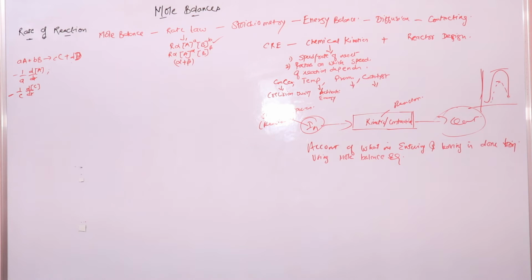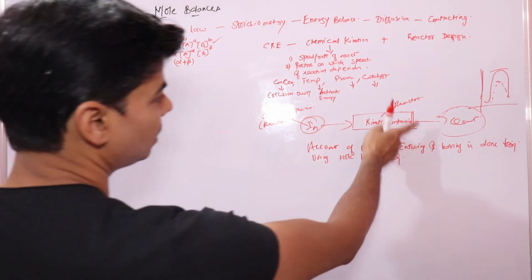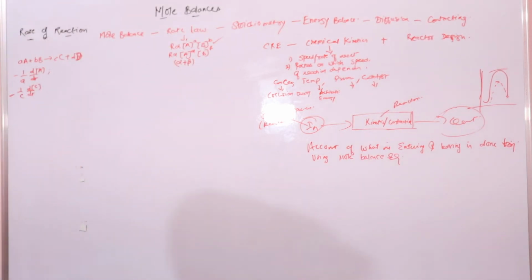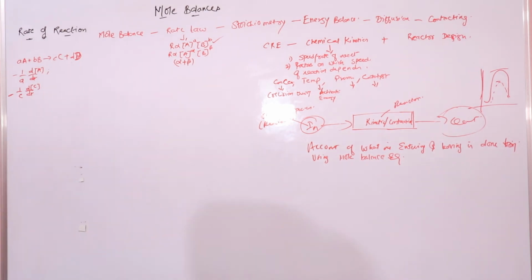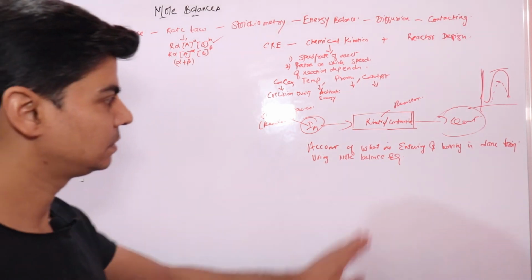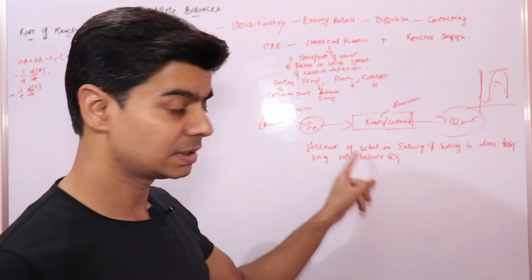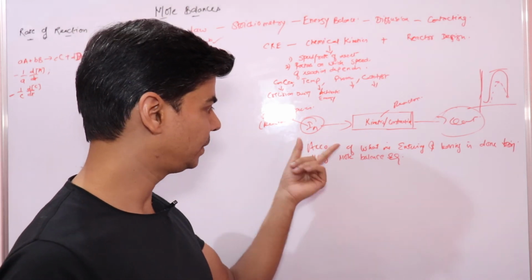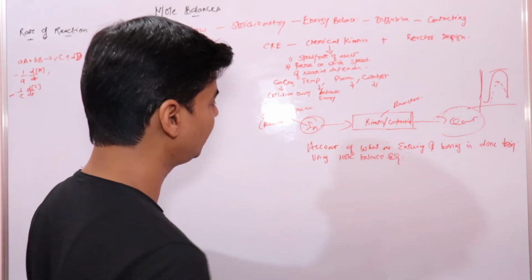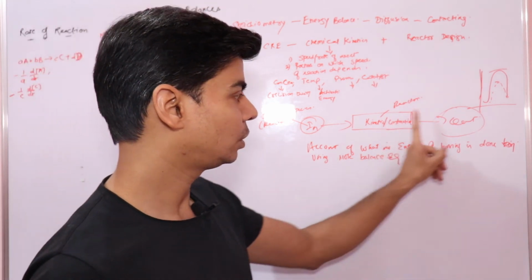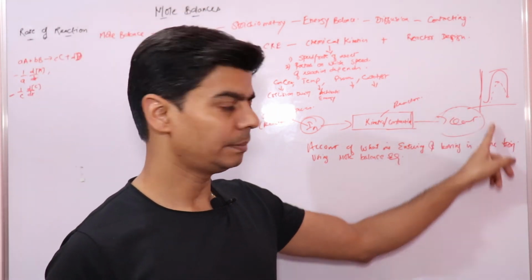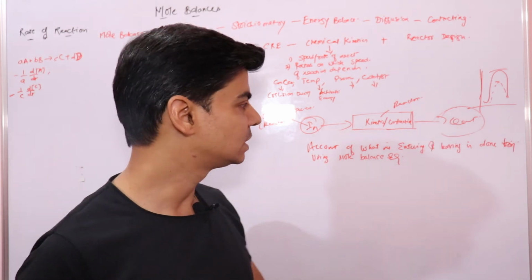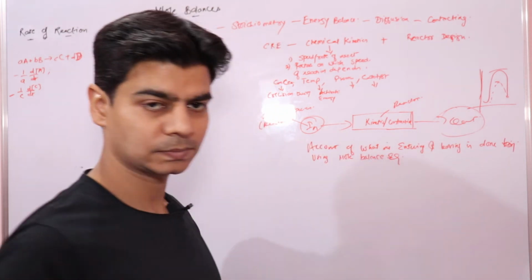Because in the reactor, what is happening is a chemical reaction, right? So what is getting produced, what is the chemical reaction or the rate of formation of species that is getting done in the reactor? I'll repeat, the mole balance: what is going in, the chemical species, the reactants, and what is going out, the products, which are again chemical species. You need to account for all this.